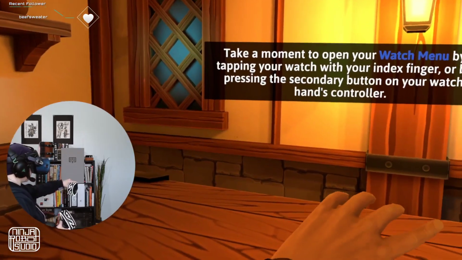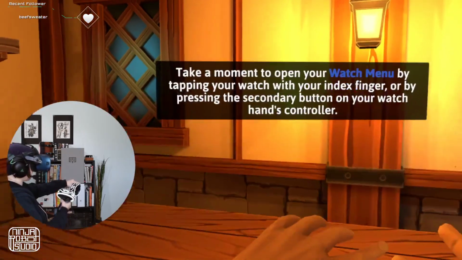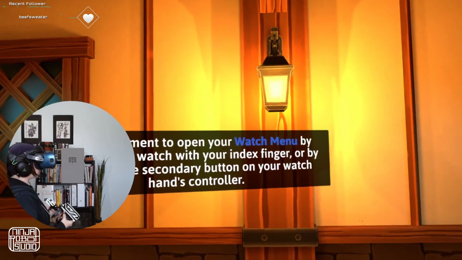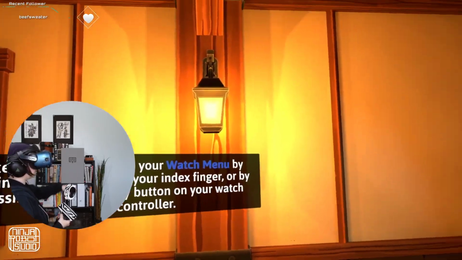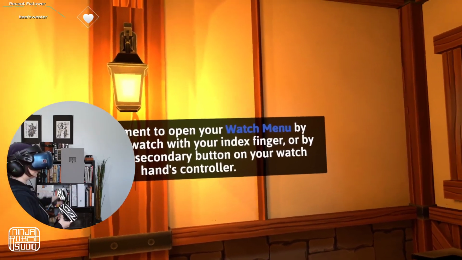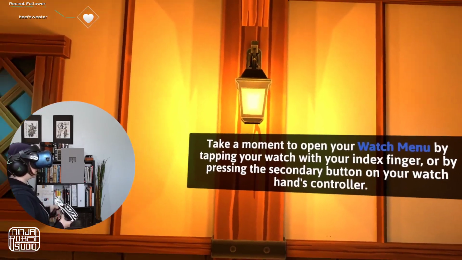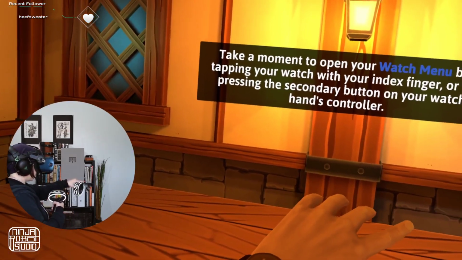So it's wanting me to look at my watch, and some watch interfaces have it where you just pull up your watch and it will show it. This is a good option for